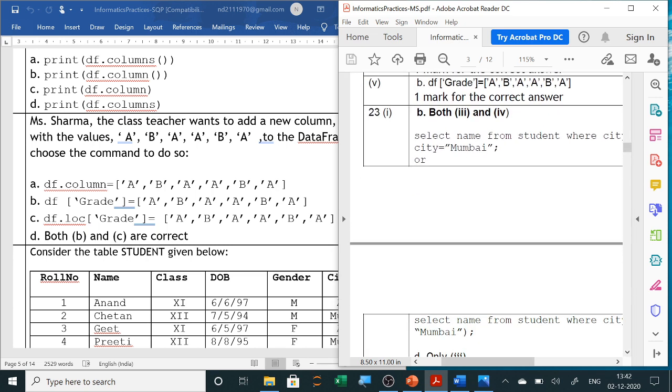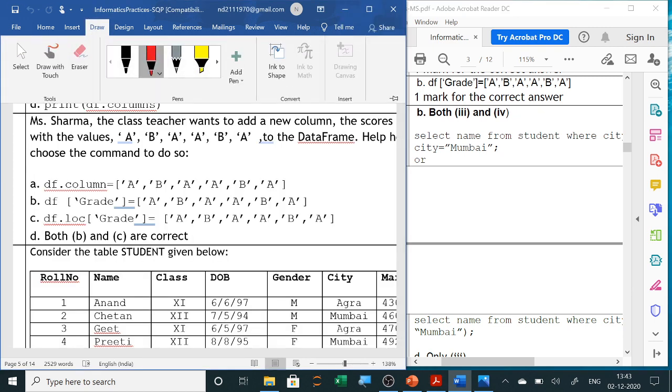This question is asked 2 times in this question paper. So this question on how to add a new column is important. It is asked afterwards also. You have seen adding a new column in a 2 marks question, and there was a 1 mark question on adding a new column too. So this is very important in data frame. Do it nicely. The name of the data frame you can see here is DF, and then in square brackets you write the grades.